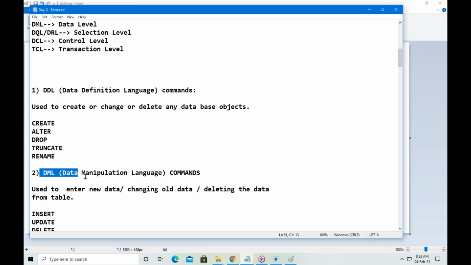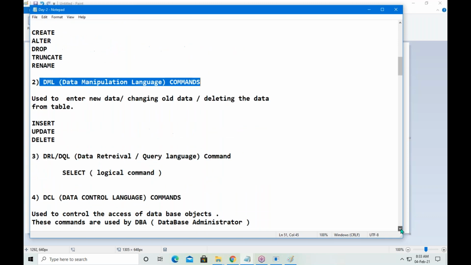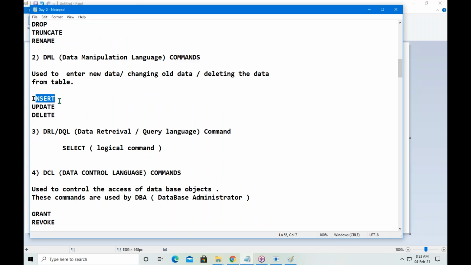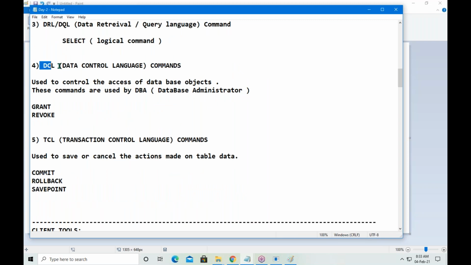Next category, DML commands, data manipulation language commands: insert, update, delete. 3 commands under the DML category. DRL or DQL command, that is the select command. DCL, data control language commands: grant and revoke.